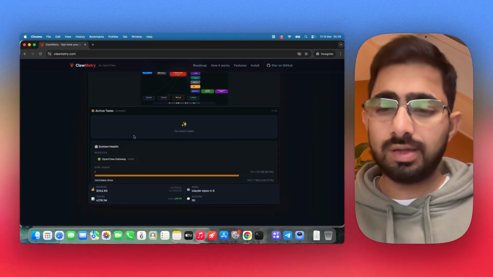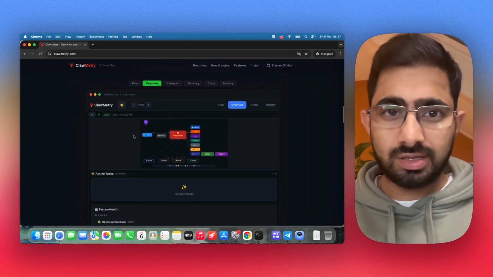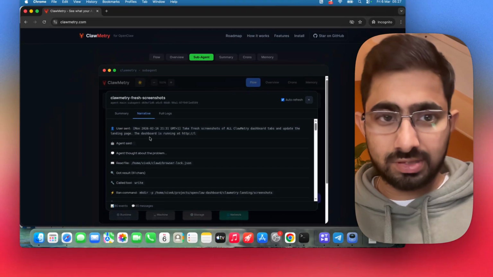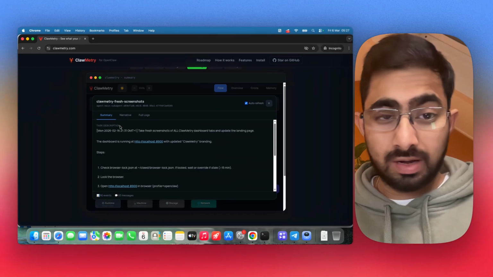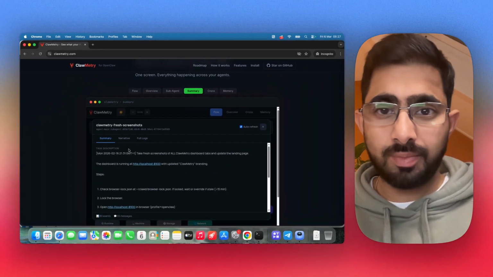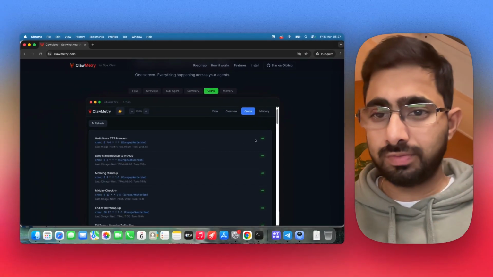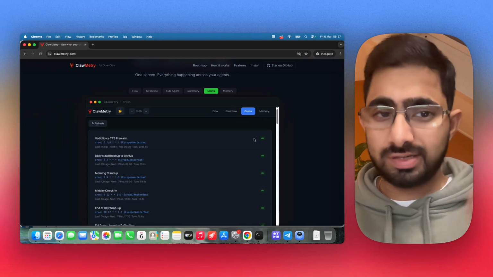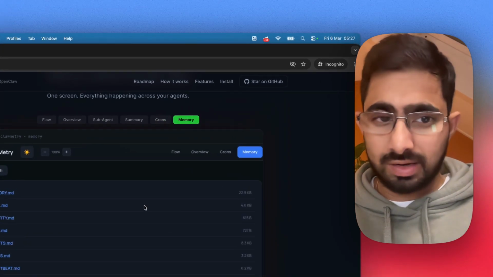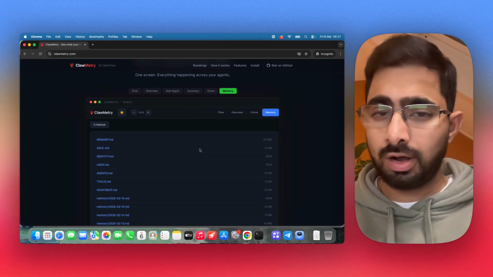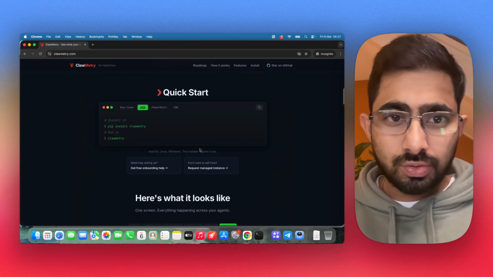In the overview you get to see slightly more things. Whenever there are sub agents, you can see the sub agents that are spawning, and you can go and see what is happening in each of them. When it completes, you get to see a summary of it. You also get to see all the crons that are running in your OpenClaw. If there are any issues, we have a button to fix it, which just tells OpenClaw to fix that issue. And you can see all the memory files. There's currently not an edit option, but there will be soon an edit option to edit the memory files as well. So that's broadly